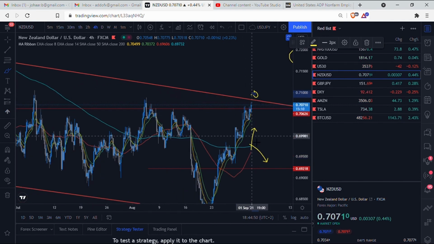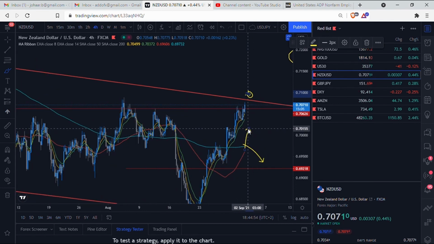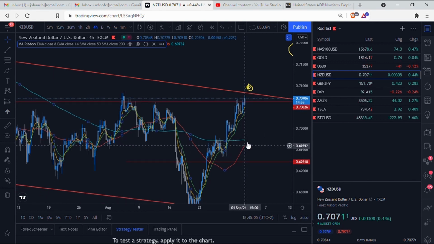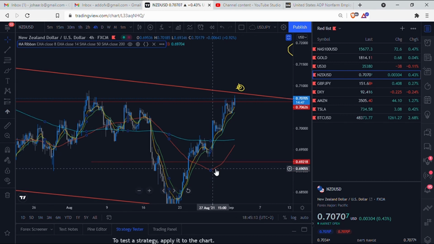Now that, along with our other confluences, is a brilliant thing to have. So let's say hypothetically I were to take this NZD-USD trade, right? I will be waiting for the crossover here. I'll be waiting for a cross here and this below and the break of this line and get in at this area here. So one little tip or trick that I can show you guys, which is very handy, you